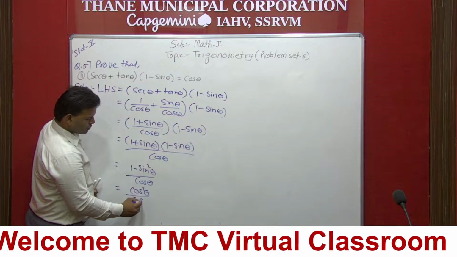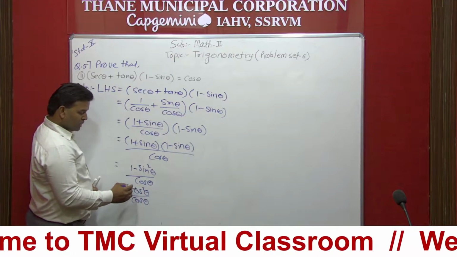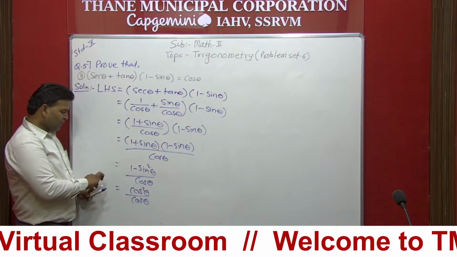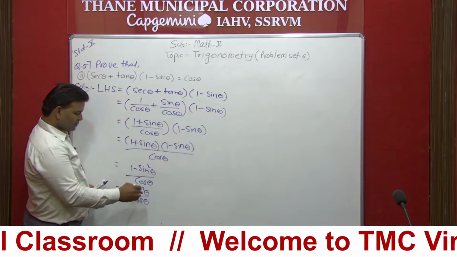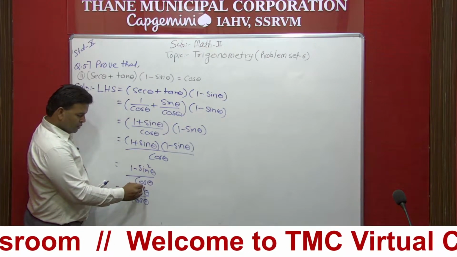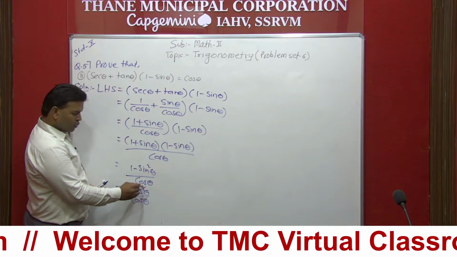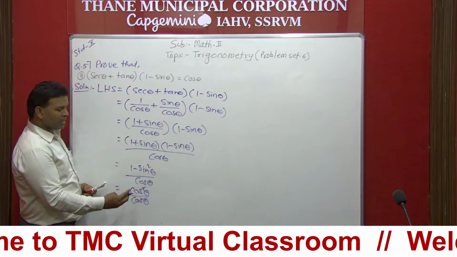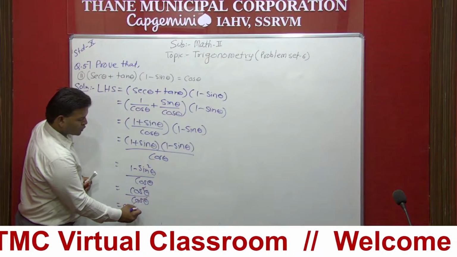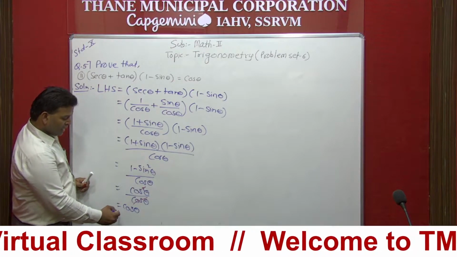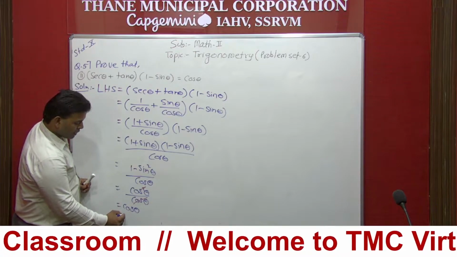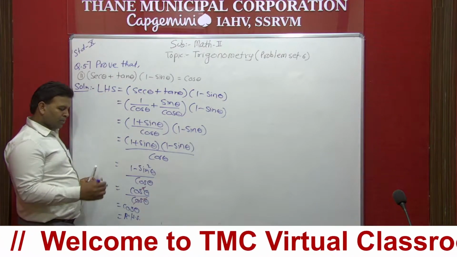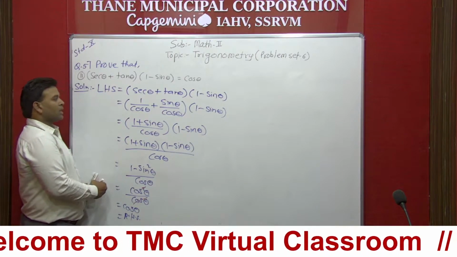upon cos theta. Now see, here the cos square theta is 2 times and cos theta is 1 time. So here I will cancel the cos square theta, 2 times against 1 time, and finally I am left with 1 time, that is equal to cos theta. And finally here I can write down this is going to be our RHS, and finally we have to write down hence proved. Now question number 2 is completed.